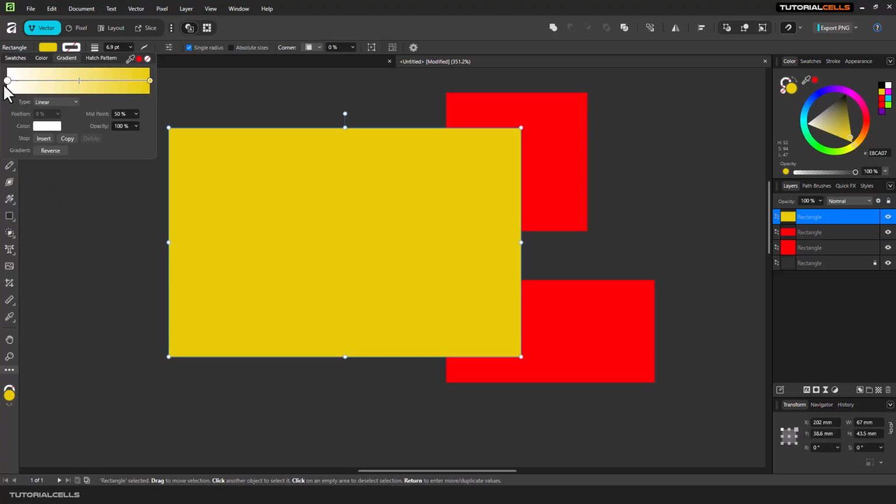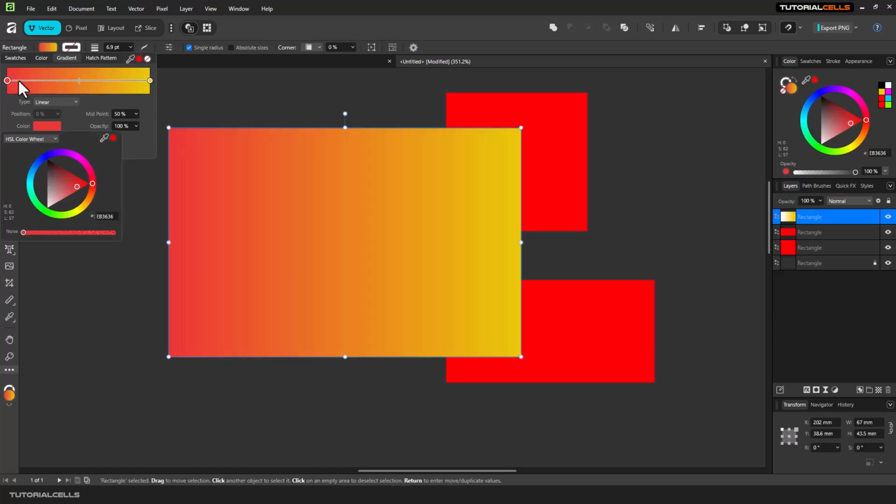But I tell you here, this is of type linear. You can see it linearly. You can select that. Select here, choose a color that you want, and it smoothly goes to the other color that you select at this point. Just select these points, and then you can change the slider. You can see this is a gradient,